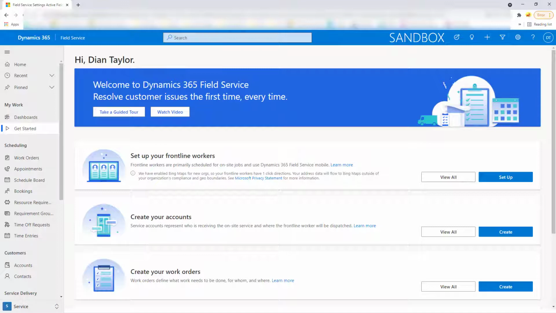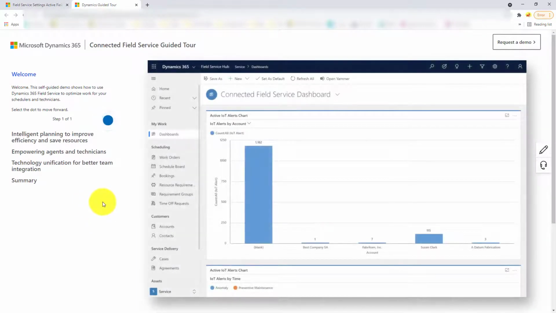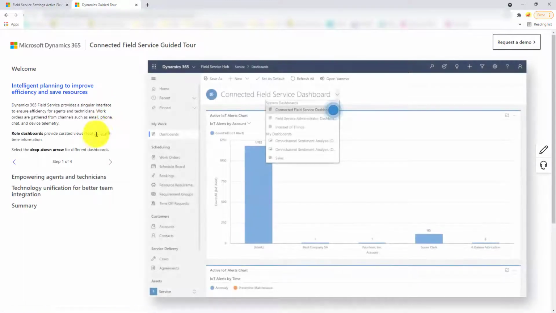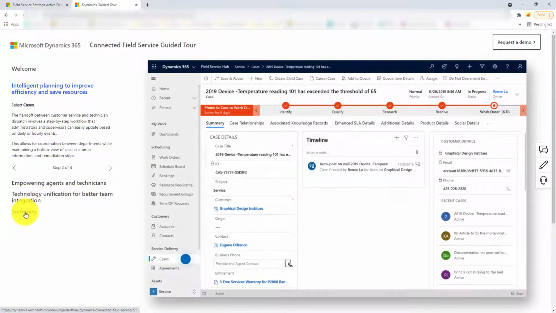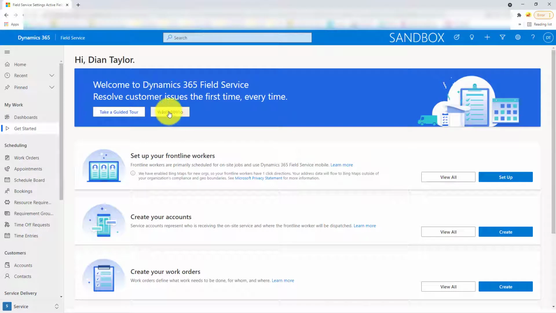You see up top the banner there, welcome to Field Service. And then you see the button there to take a guided tour, which when you click on that, just takes you to a connected field service guided tour. And then you can kind of drill through some of these scenarios here. And you can see here, you can click on any of these tours as well. And then I can also go ahead and watch a video, and this just takes me to a YouTube video